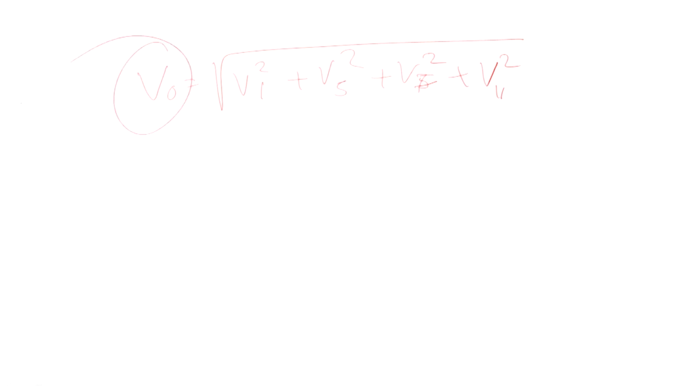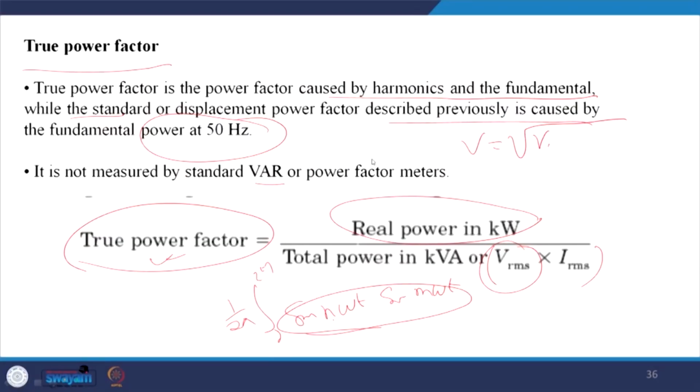Similarly, your current has to be I1 square plus I5 square plus I7 square plus I11 square and so on. In that way we require to account for the harmonics,